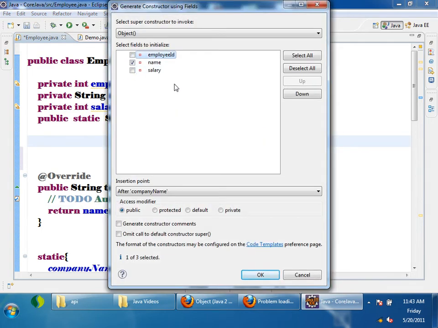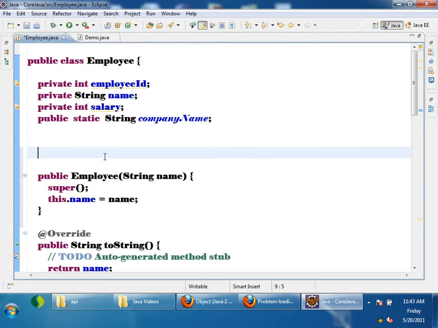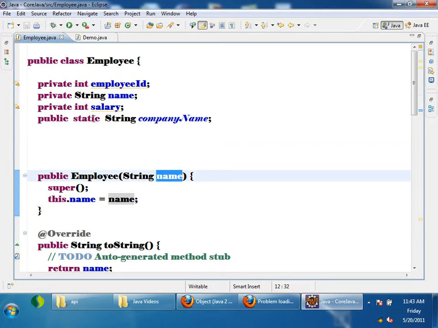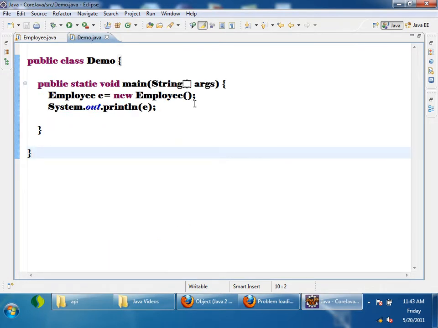So for this Employee class there are two constructors, one which takes name as a parameter and one which does not take anything. See here in the demo, I will create an employee and pass some name, Varun here,